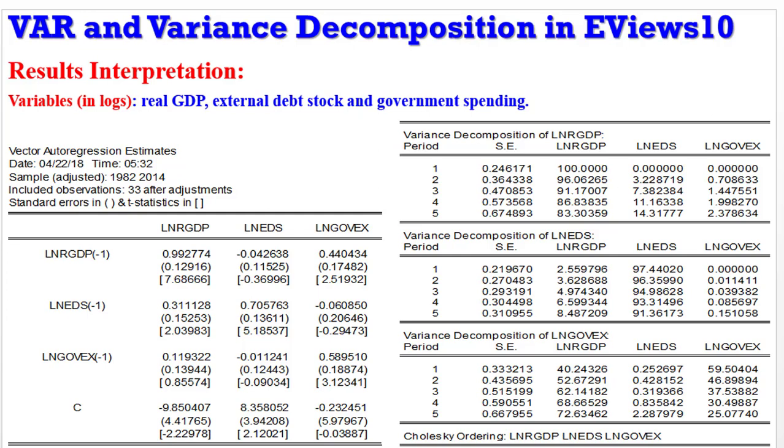On the screen is the output from our previous estimations. Over here, these are the outputs for the VAR estimation. And here, these are the outputs for the variance decomposition. I chose to put the two of them neatly on PowerPoint so that interpretation can be given to both results